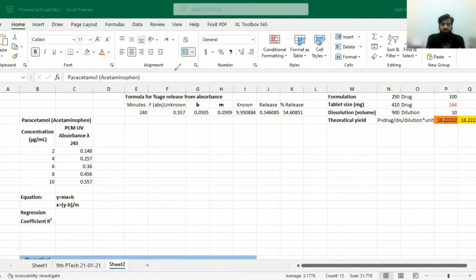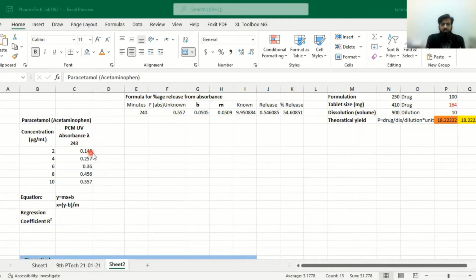From these, we took those dilutions and analyzed them on a spectrophotometer at a fixed UV wavelength of 243 nanometer, which is used for paracetamol or acetaminophen analysis. After taking absorbance, the following readings were observed.